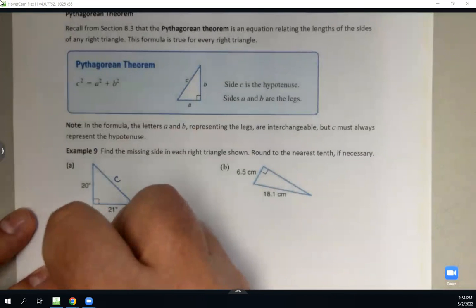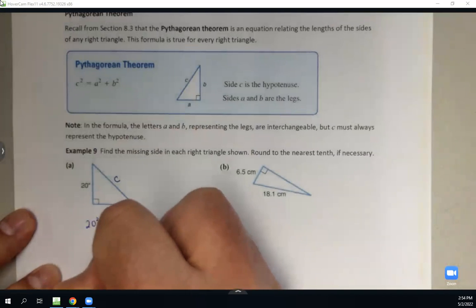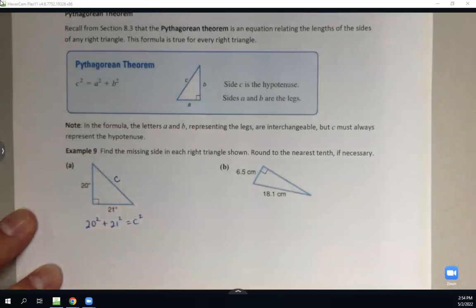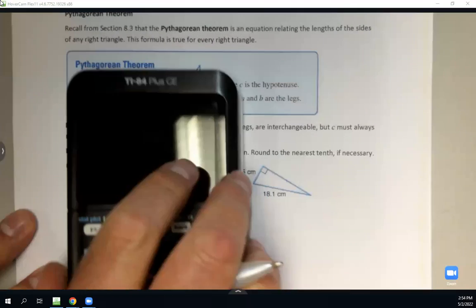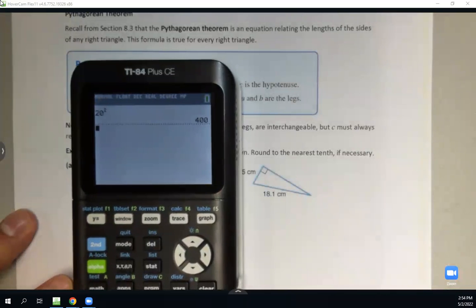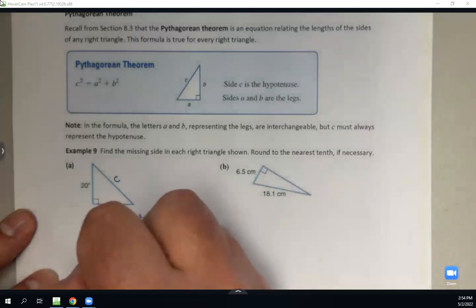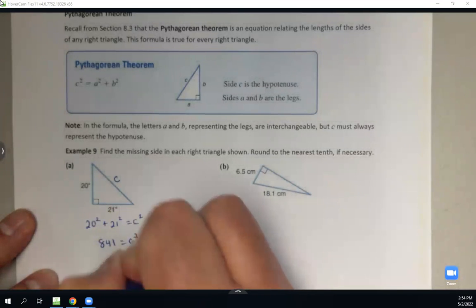So I know that 20 squared plus 21 squared equals C squared. Now 20 squared is 400, 21 squared is 441. And if I add 400 plus 441, that's 841. So 841 is equal to C squared,